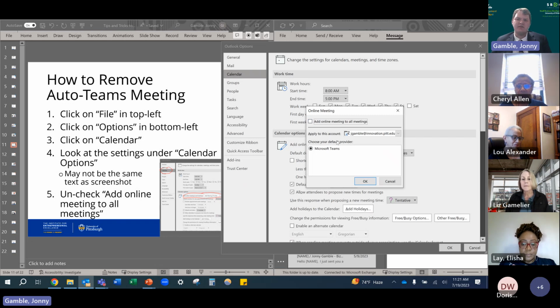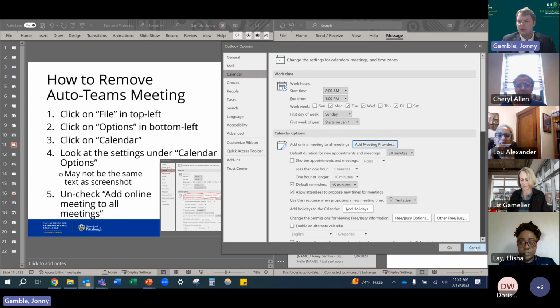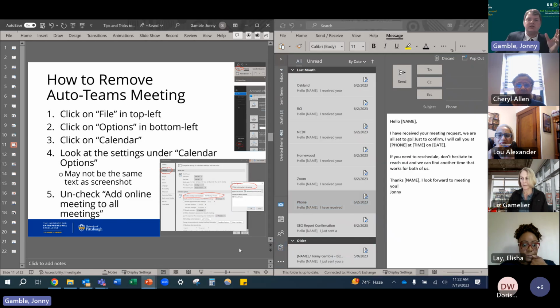It also mentions having a default provider. I've considered putting Zoom in there, but for the most part, what I found is I want to make sure I specify an online meeting when I send someone a meeting request. So at least in my experience, I don't want an online meeting on all meetings. I want the choice of putting it in there when I want to have it in there. And with that, that covers the key tips for working with Microsoft Outlook.